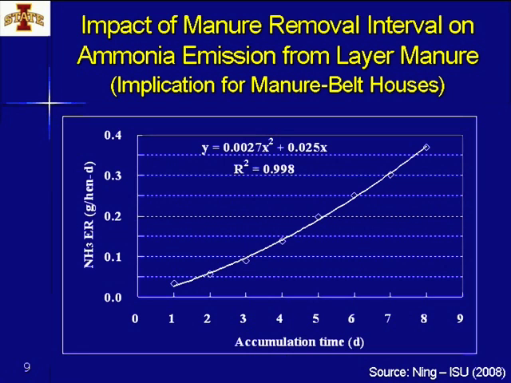And this one here demonstrates how often you move the manure out of the barn. This will be more applicable to laying hens, and how that impacts ammonia emission generation in the barn. So if you leave the manure on the belt for 1 day versus 7 days, you can see the drastic differences. These days, the industry people pretty much use daily manure removal or every 3 days. And the data here certainly show that it will reduce your minimum ventilation requirement.